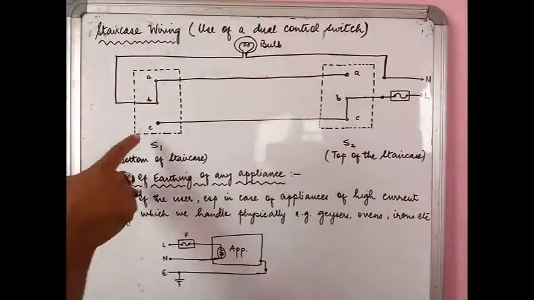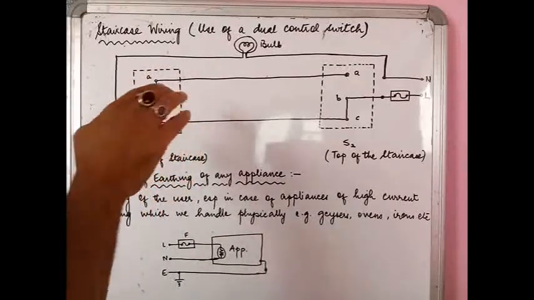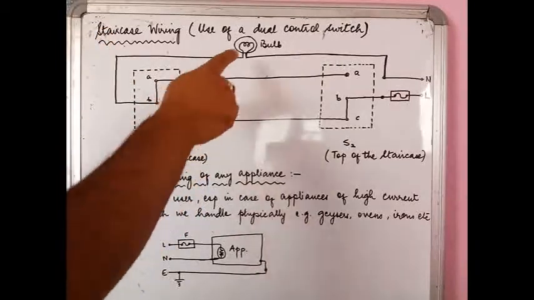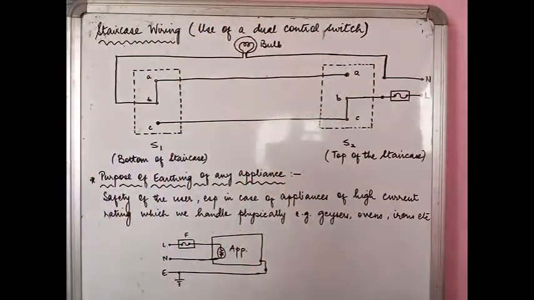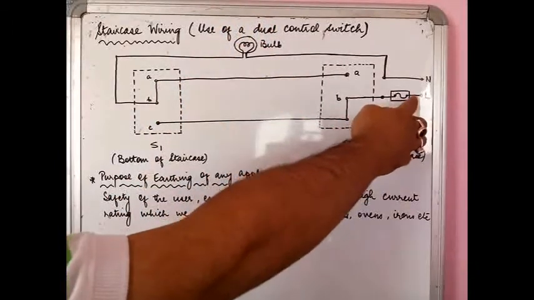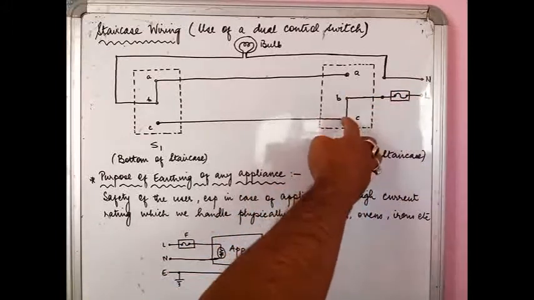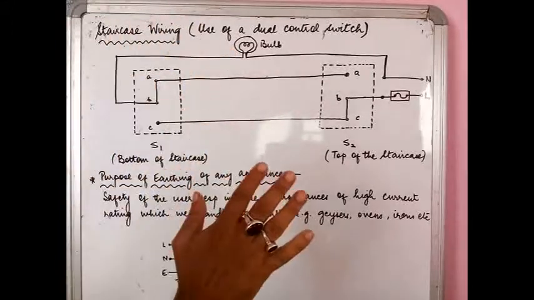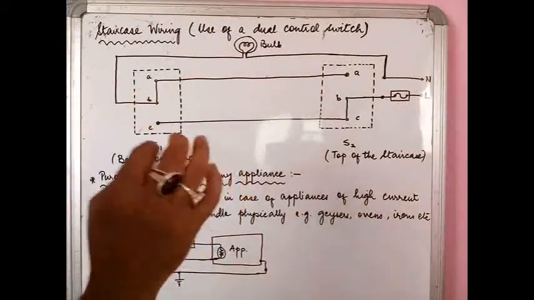Now remember, you are at the bottom of the staircase, so the first switch which is available will be right at the bottom of the staircase, so you can use that particular switch to switch on the bulb. In the current scenario, we will first check whether this bulb is glowing right now or not. Here is the live wire, and there is obviously a fuse in the live wire as always. So this comes here. You see there is a disconnect over here, so the bulb is not going to glow. There is no circuit completion, so the bulb right now is in the off position.